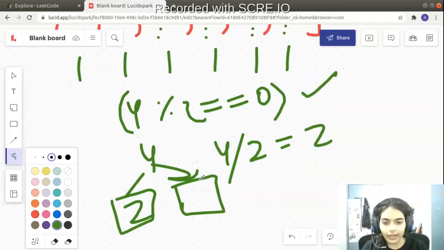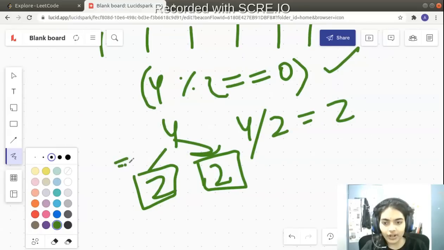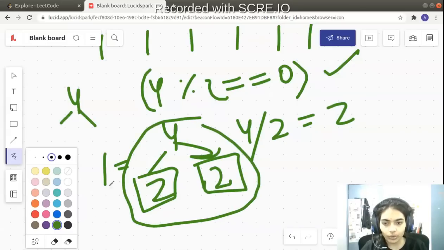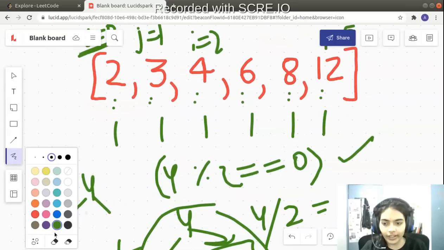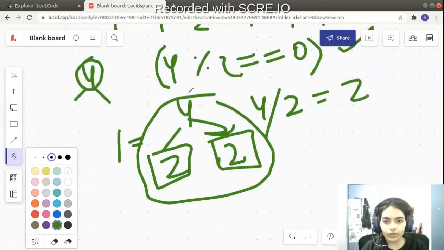4 by 2 is 2. That means we multiply 2 with 2 itself, you can get 4. So you have found one extra way of forming a binary tree. We already had one way with 4 and both children null. We found one more way, 4 and both children 2. So now we have to add this one more extra way to this particular number. So now we have two ways of forming a binary tree with 4 as the node. So both the ways are listed here.